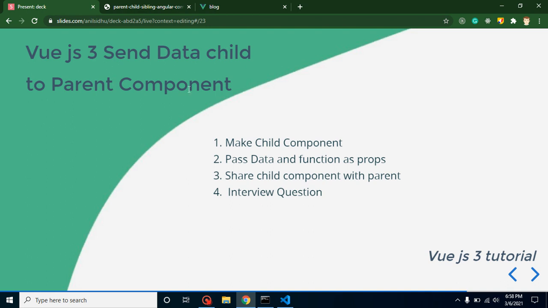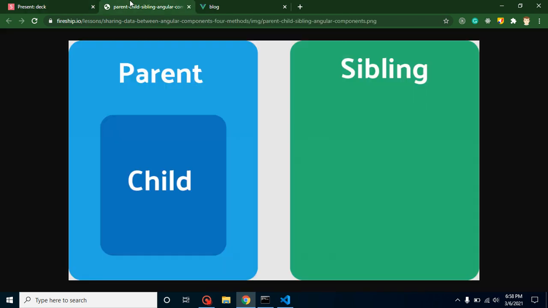So let's understand what is a child, what is a sibling, and what is a parent component. Here you can see that the inner or nested component, we call it the child component, right? And the top component, which is a kind of wrapper of our child component, we call it the parent. Any two parallel components are siblings of each other, right? In interviews, they might ask what is the difference between a child component and a sibling component. A child component is basically the inner component of any component, and a sibling component is basically a parallel component.